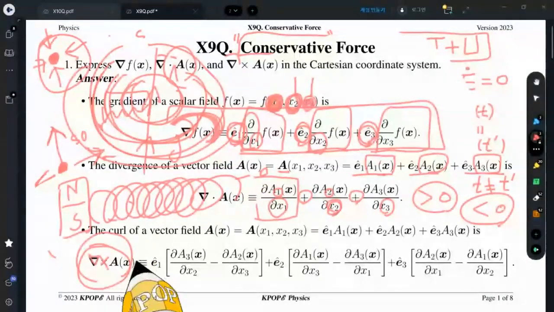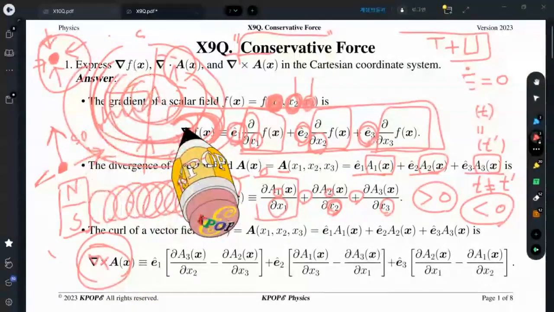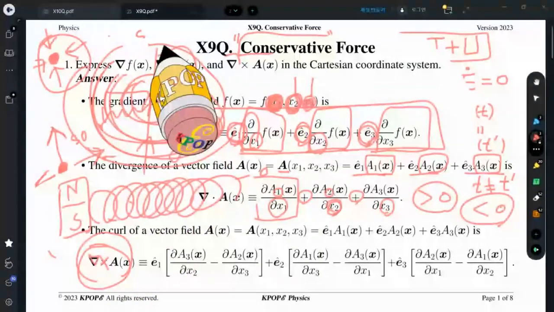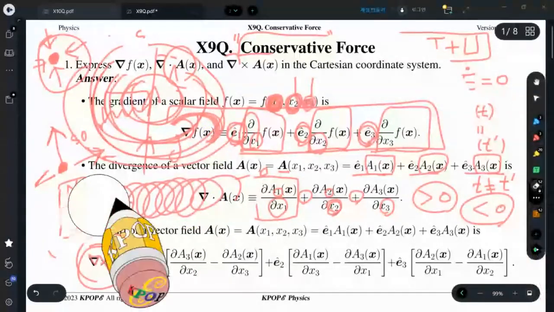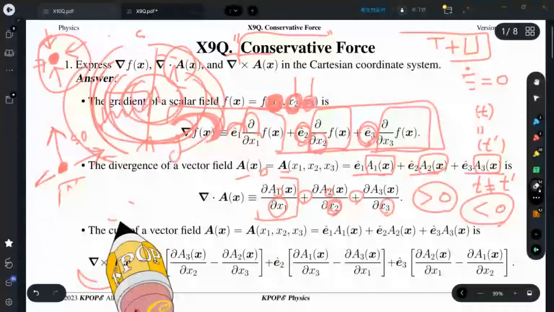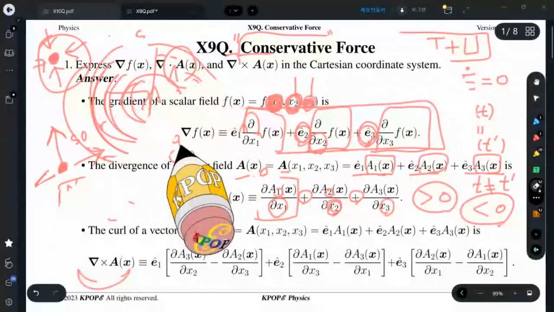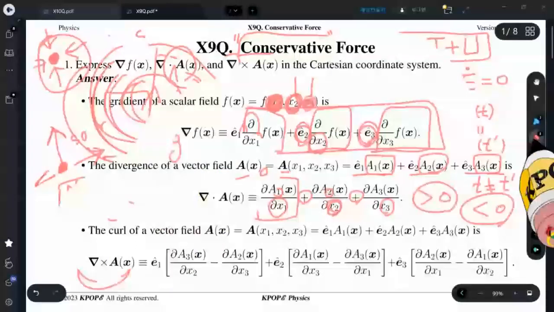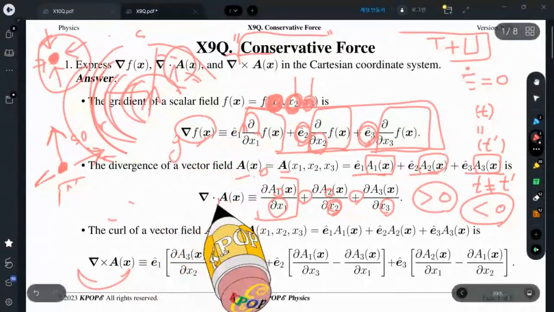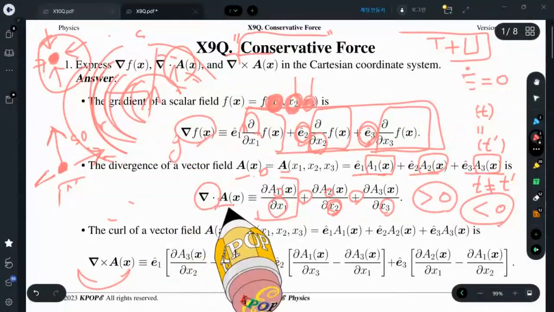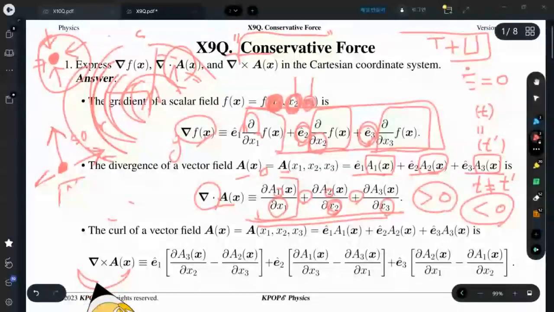If this curl is zero, there is no rotating field, just like a magnetic field surrounding the current. So you have to remember, memorize the gradient of a scalar field, the divergence of a vector field, how to write, and you have to compute, and curl